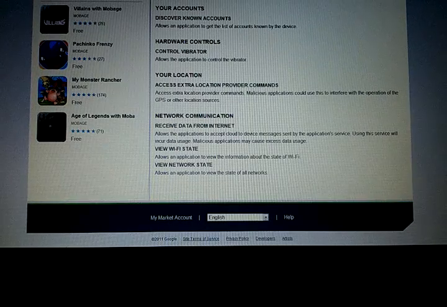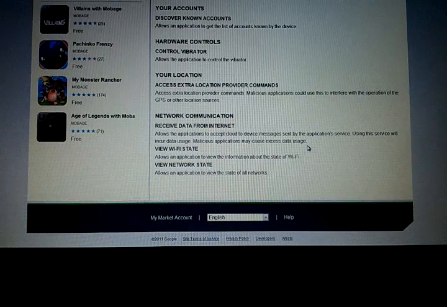So that again is fuzzy to me. It can also allow the application to accept cloud to device messages sent by the application service. Using this service will incur data usage. Malicious applications may cause excessive data usage. Again, that is way overboard for me.